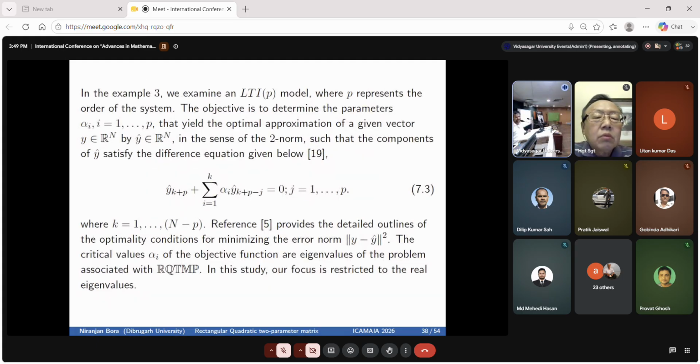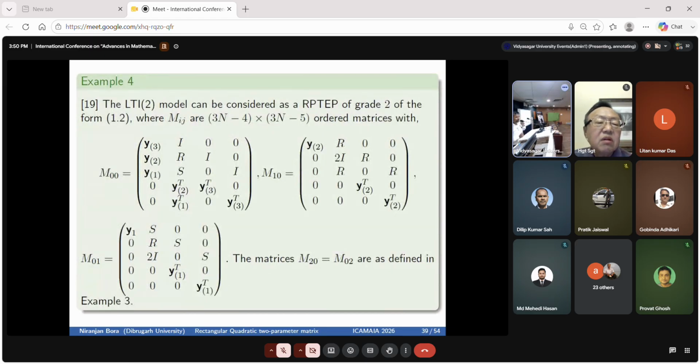In example 3, examine the system. The objective is to determine the parameter alpha i that yield the optimal approximation of a given vector in the sense of two norms such that satisfy the difference equation given in equation 7.3. So this reference provides detailed outline of optimality conditions for minimizing, and we have considered the same problem 19, and